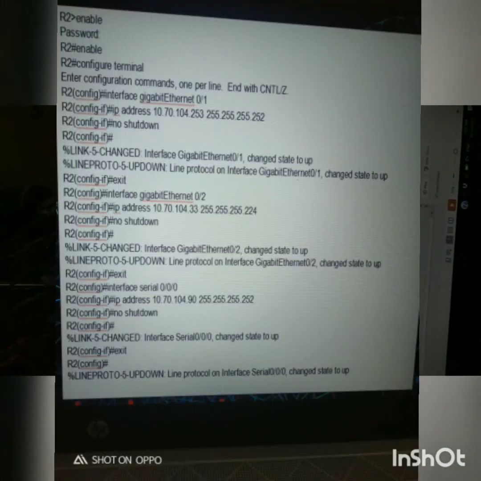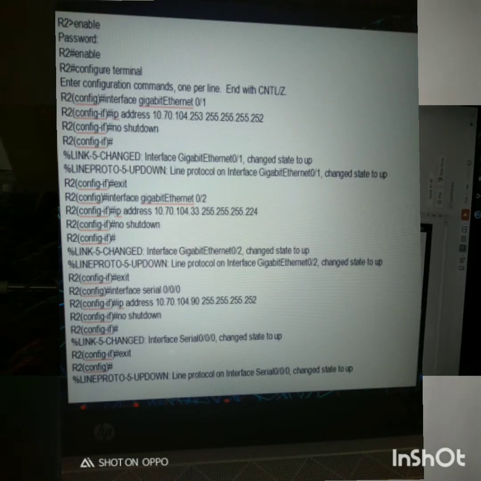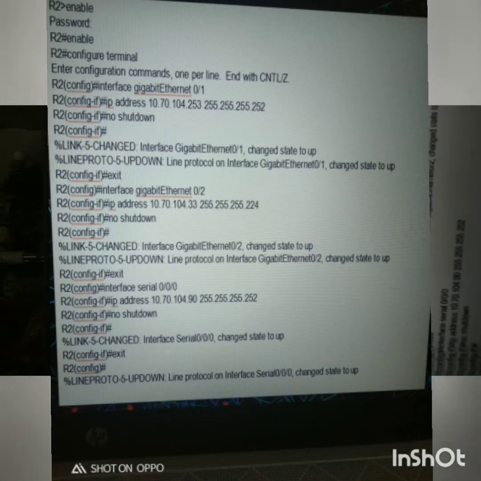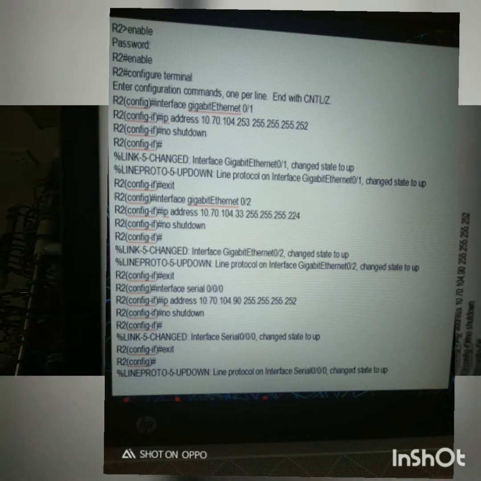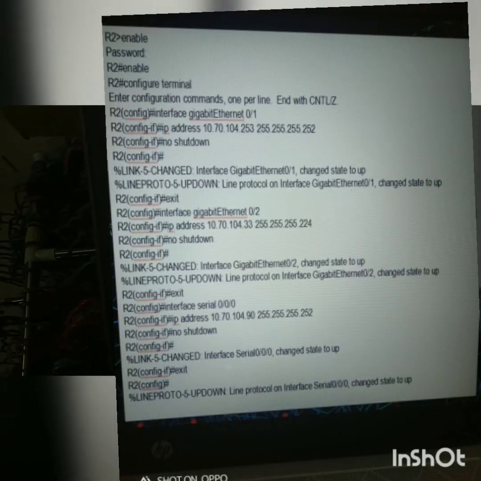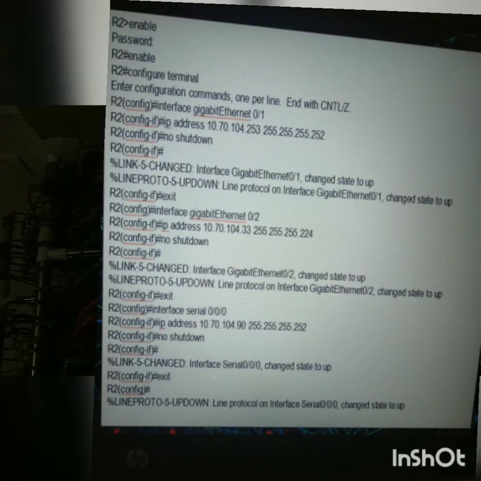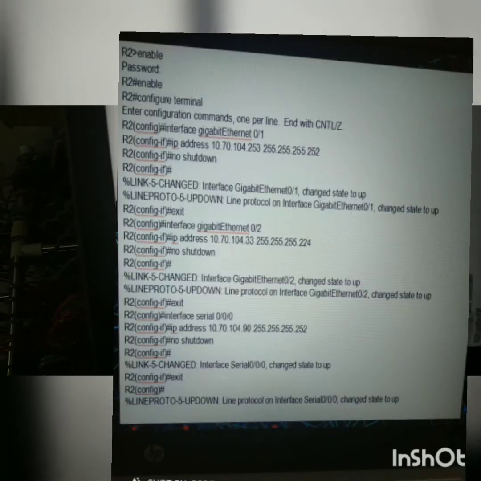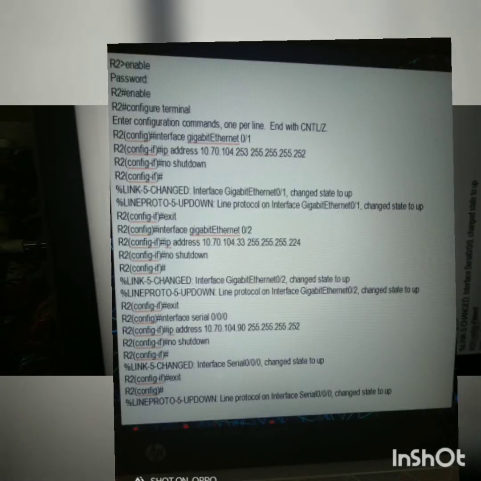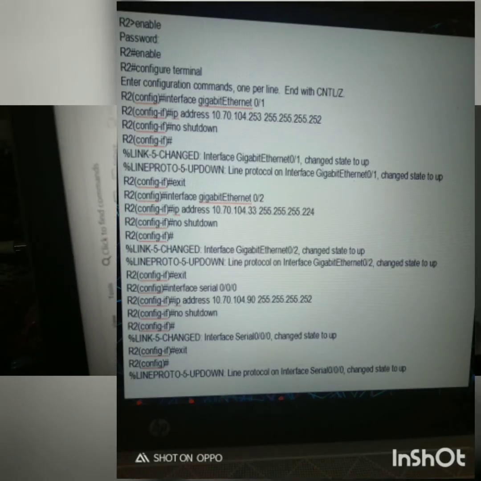For R2 we need to enable, password, then configure terminal, and enter configuration commands, one per line, ending with CNTL/Z. First, R2(config)# interface gigabit Ethernet 0/1, and then we need the IP address and the subnet mask, then no shutdown, and exit. Then we continue the same for gigabit Ethernet 0/2, the IP address and the subnet mask, then no shutdown, and exit. And last, the interface serial, its IP address and subnet mask, and then exit the command.